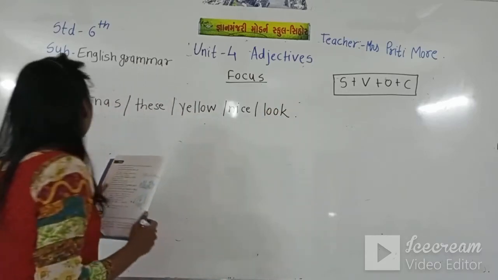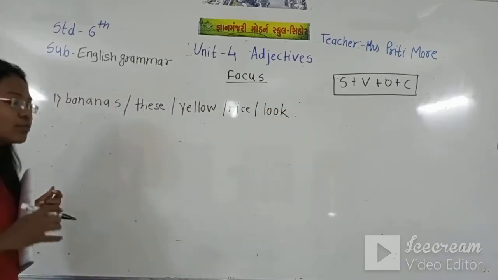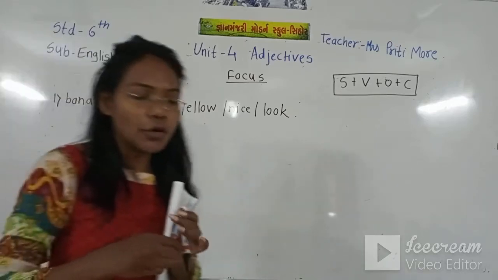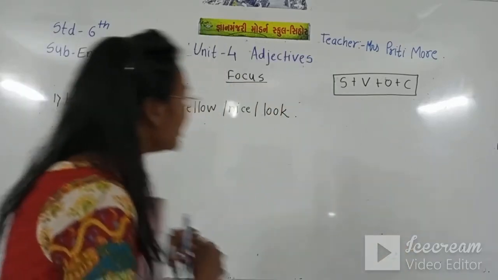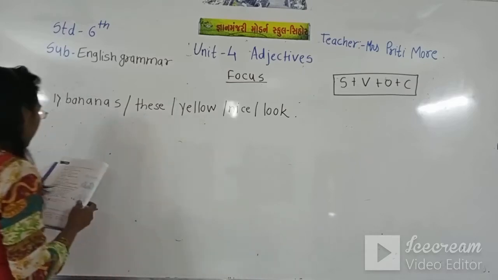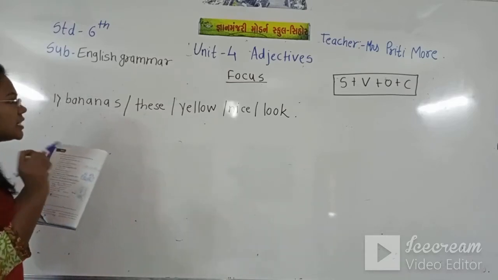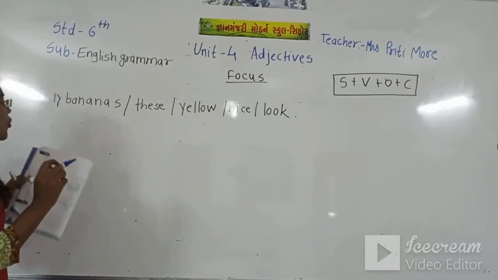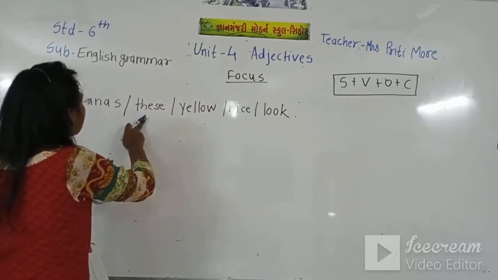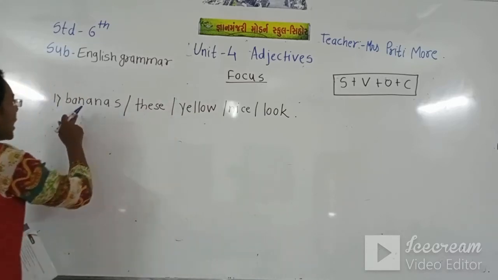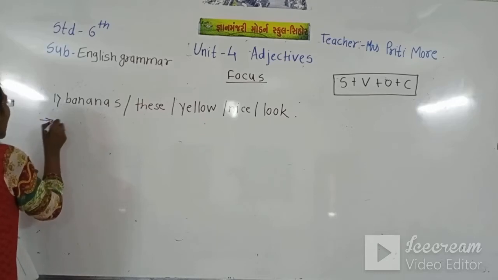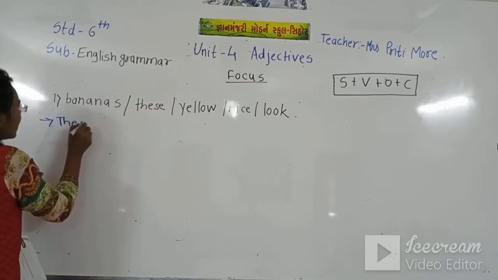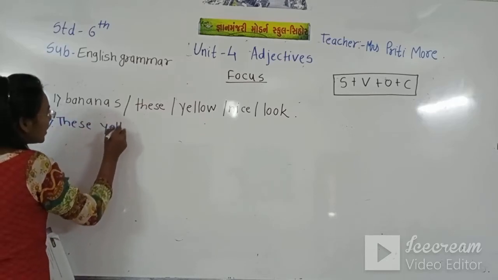Now this sentence is there. Now what we have to do? We have to put this sentence in the proper order and make the sentence properly. So what we need first? We need the subject. So what is our subject? This yellow banana. So the answer is: this yellow banana